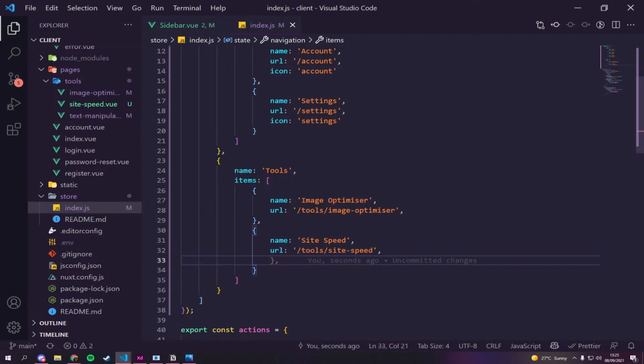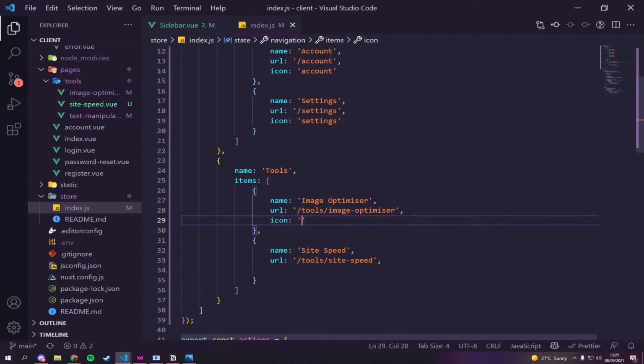I also need an icon for this. So this is going to be icon, and we're just going to say image optimizer, or just image, I think that'll do. We're then going to have another icon, which will be site speed, or lightning bolt. Lightning. And then one more tool, which is the text manipulator, which we've got so far.